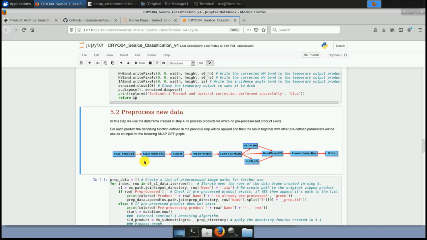So here, as I've mentioned, we will be using a SNAP graph file. Now, you may ask, why are we not using snappy to process our data? Snappy has one quite significant problem, and that is that, at least on my machine, in my version, it does not seem to release the memory that it uses, meaning that for each new product that we open in snappy, more and more memory is getting used until eventually it runs out of memory and you can no longer continue. Here we are trying to process 28 or 29 images, and therefore we would run out of memory